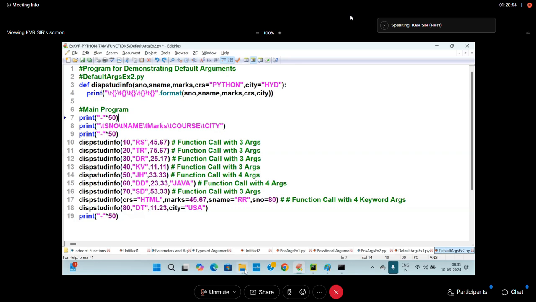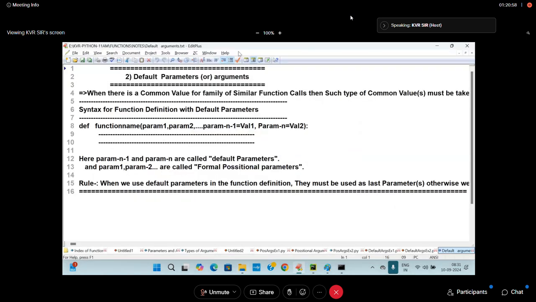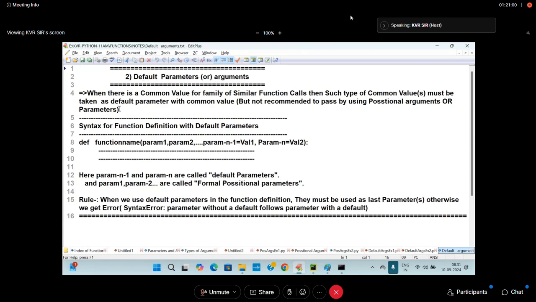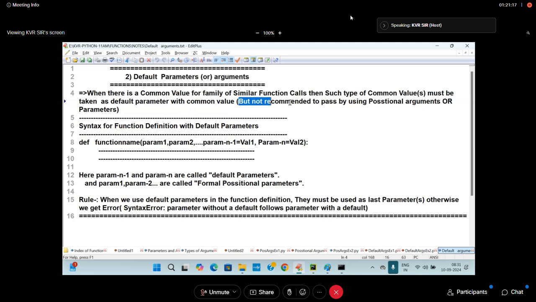Let us go to the concept here. Default arguments I want to show you. Come on, read out all of you. Default parameters. Start. When there is a common value for a family of similar function calls, then such a type of common value must be taken as with common value, but not recommended to pass by using positional arguments or positional parameters. Syntax